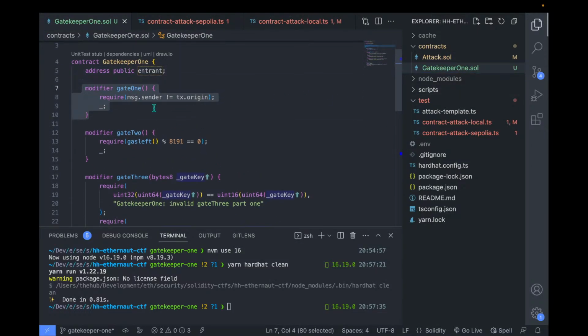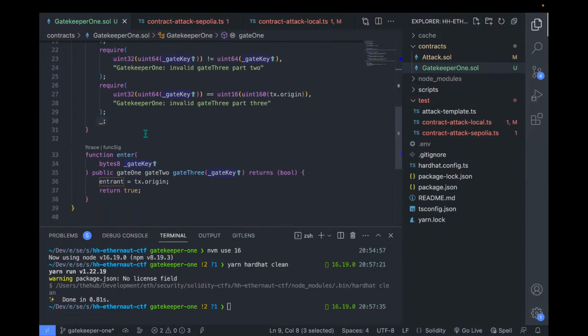Message.sender is not equal to transaction.origin. Because remember, transaction.origin comes from the original initiator of a transaction, and message.sender is just the last object that called this function that this modifier is on. Also, a modifier is a way for you to implement certain requirements or access control. This little underscore here basically says run this require statement and then continue with the rest of the code, which in this sense would be,